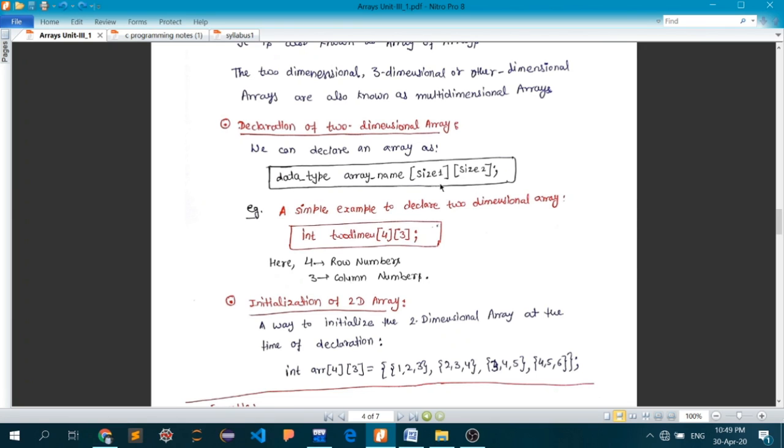These two square brackets will hold the dimensions of the two-dimensional array, that is, the number of rows and number of columns. The index inside the first square bracket will always depict the number of rows, or in which row you are currently in, and the next square bracket will always depict in which column you are in right now.